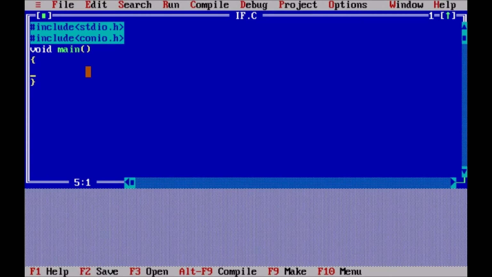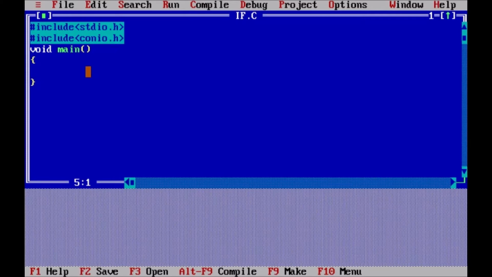Let us first understand what decision control statements itself means. Decision control statements are the statements which are responsible for making a decision in a program. For example, I want to allow a person to vote if his age is above 18. So I need to write a program to check whether the person's age is greater than 18 or not. For writing such a program, we need a decision control statement. So let's see how using the if statement we can build this.